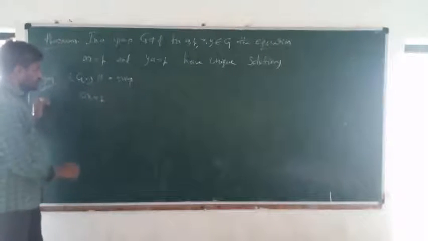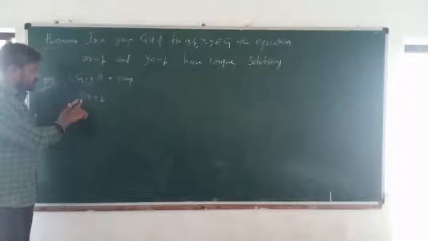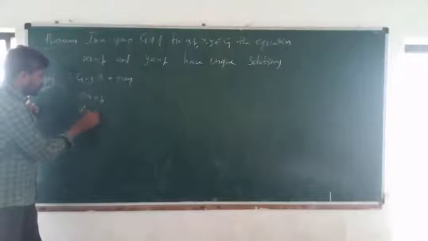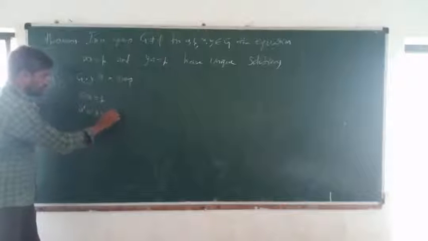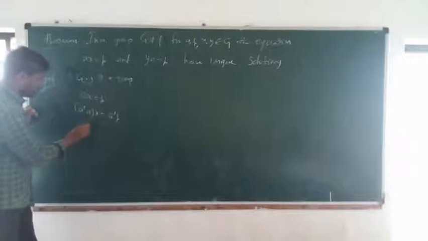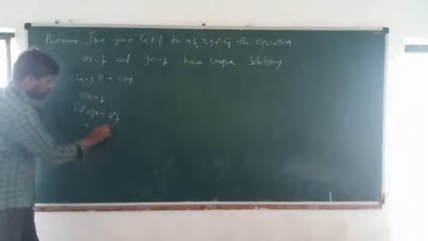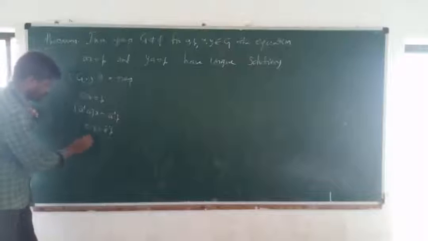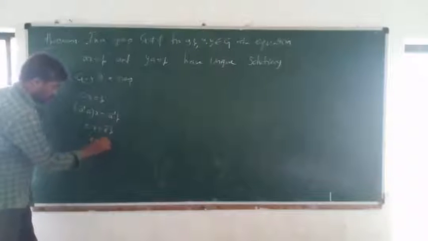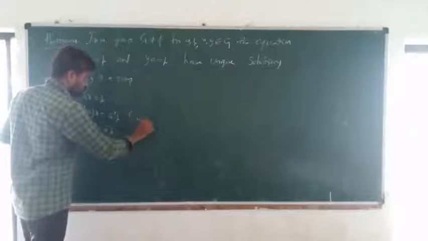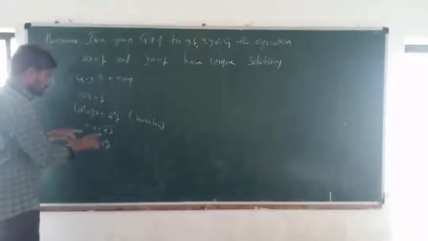First select ax equal to b, so you can find out the x value. Applying a inverse on both sides: a inverse a x equal to a inverse b. After a inverse a, this is the inverse condition, this is e. So e into x equal to a inverse b. Now e into x, you can apply the identity law, so x equal to a inverse b. This is the final x value. This side inverse law, this side identity law.